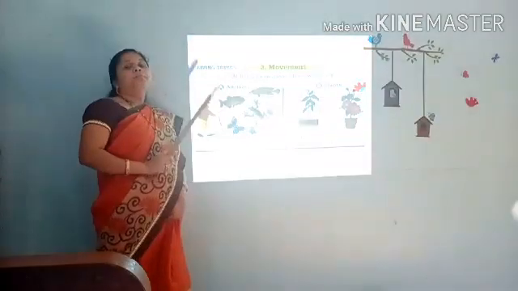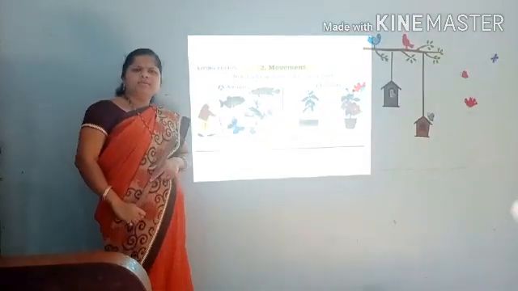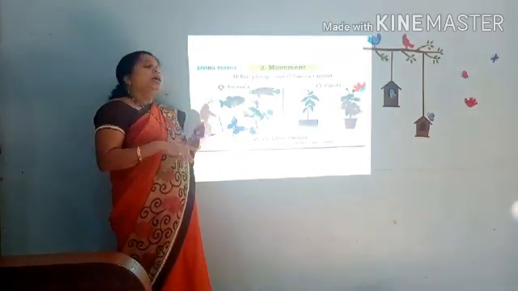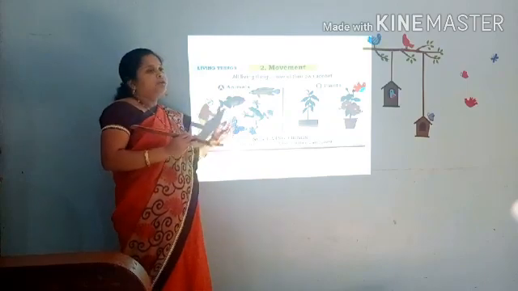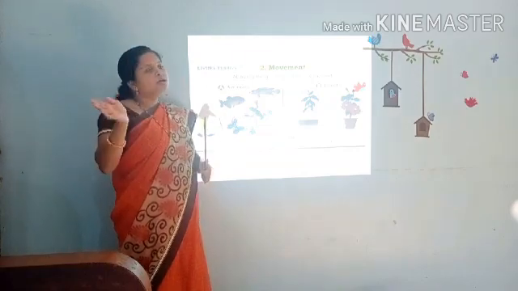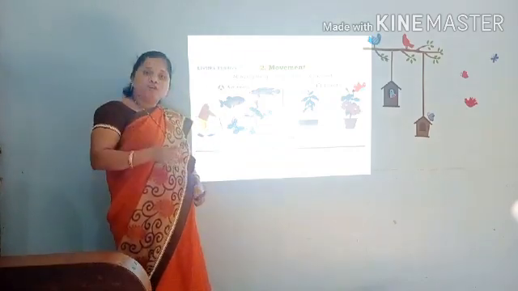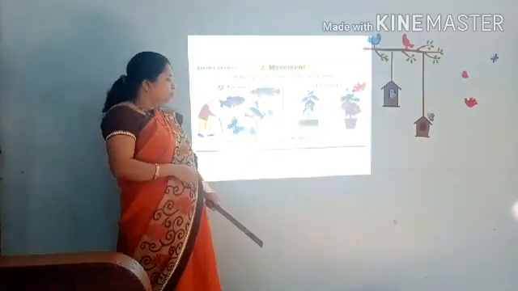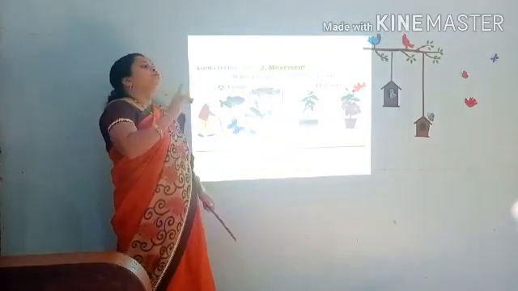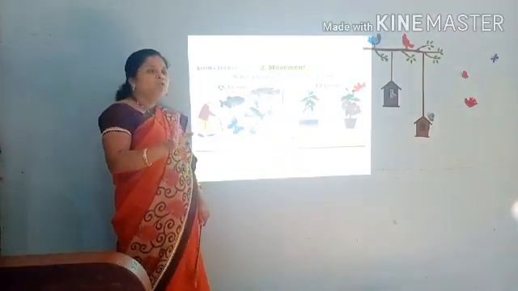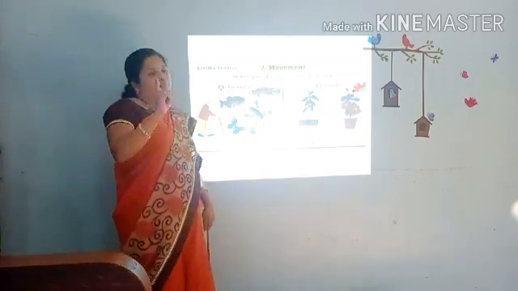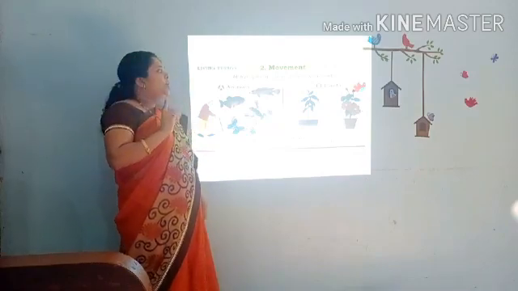Plants also move. But you will say that plants don't change their place. Then how can they move? They move towards the sunlight. If we keep a potted plant in our house, it turns itself towards the sunlight. Similarly, in search of water also, the roots of the plants move. But non-living things do not move on their own. Only when we pick them up can a non-living thing move. That means movement is an important characteristic in the living thing.